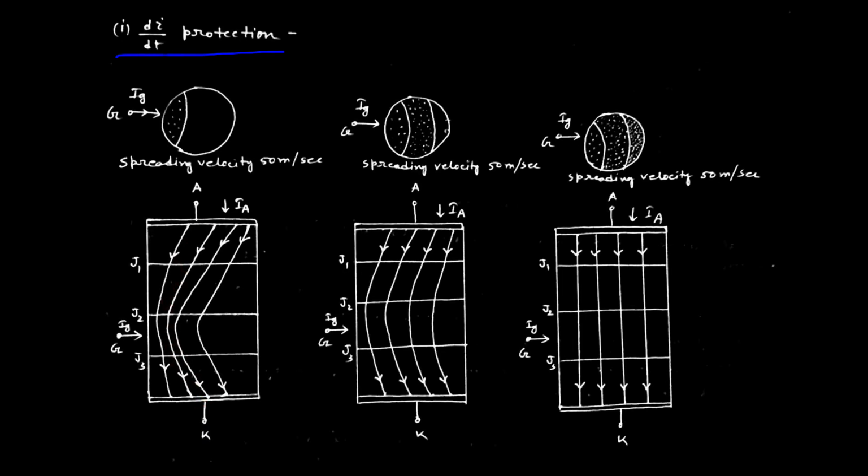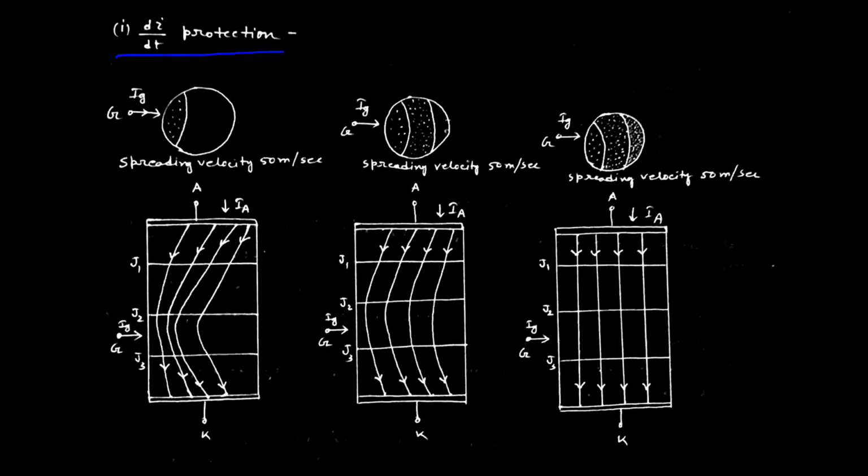After a few moments, depending on the spreading velocity, the current can start flowing and will cover some amount of the region, but not the entire region. After some more time, it will cover the entire region and then it starts conducting freely. That means the actual anode current conduction depends on the spreading velocity of the anode current.